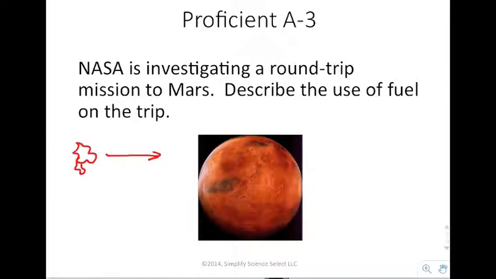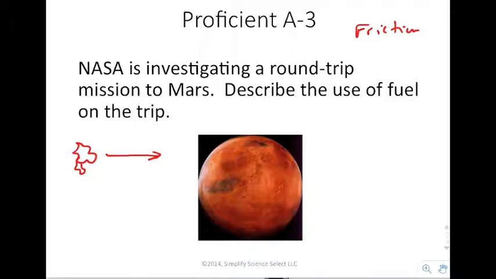It's not very much like your car. In your car, if you cut the engine off, you're going to slow to a stop because on Earth and on the road you have friction. Well, in space, there's not any friction. So there's no net external forces. So all you have to do is point the space probe at Mars, shoot it, cut the engines off.